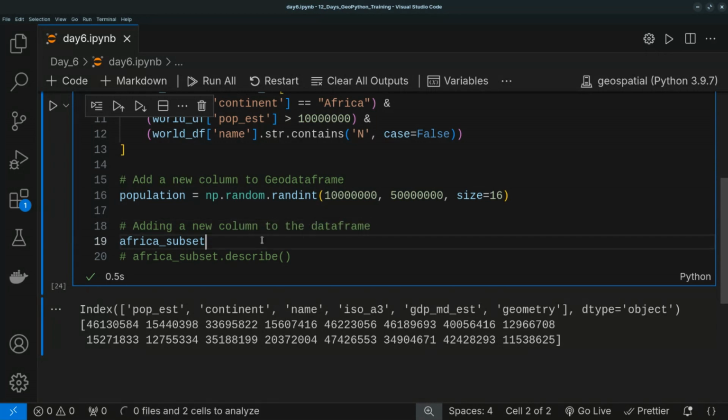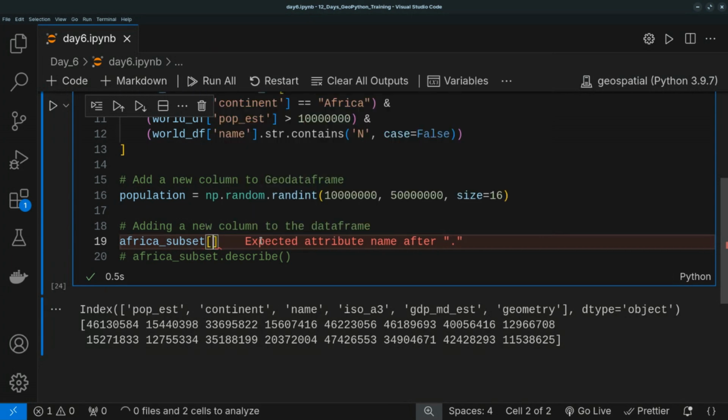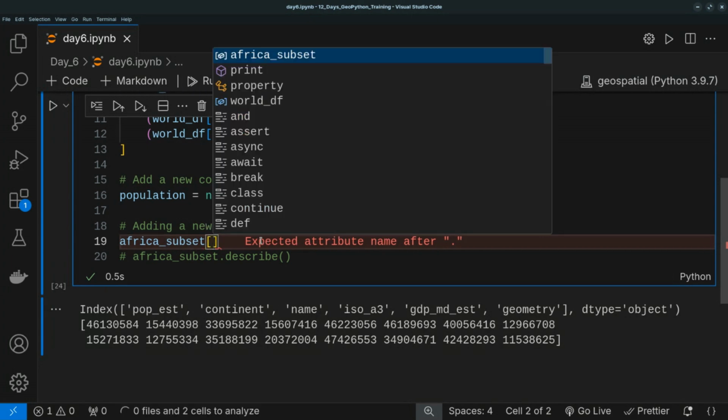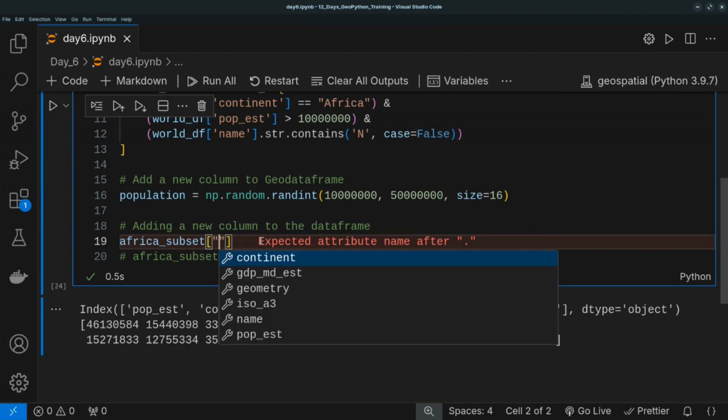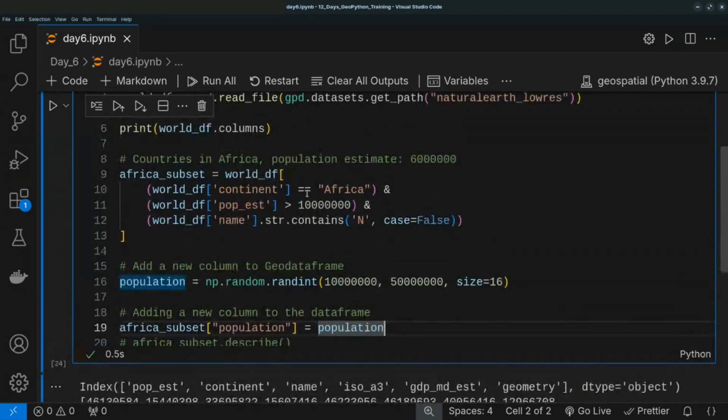I think I really like your question. It is making us do something new. I didn't really factor it into this one, but I think it's a very helpful one. Thank you. And so what I have to do is type in the name of the new column that I want. So let me just call it population like this. And then I set it equal to my data here, population. Now, when I print the columns again,